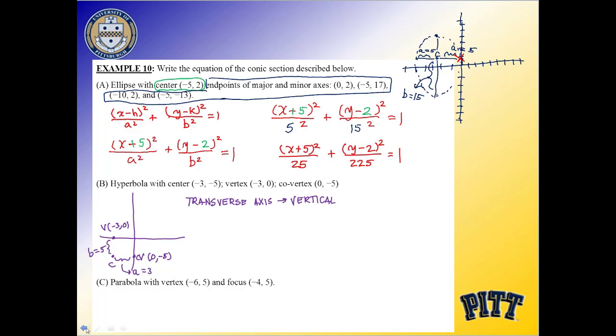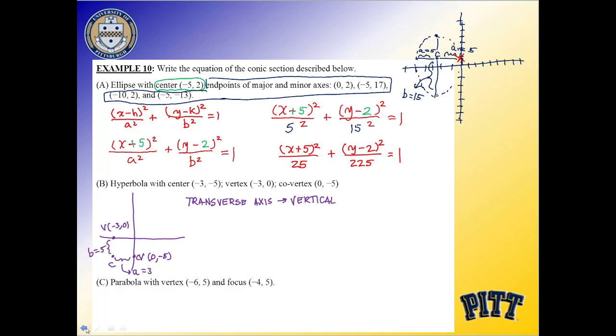Because the reason why I want to determine this, and I can already see what my a value and b values are, because I have my horizontal and verticals. That's another thing I think it also helps, because you get the information a lot faster about horizontal versus vertical than you do about transverse versus conjugate. But the reason why it's important for me to note that the transverse axis is vertical is that